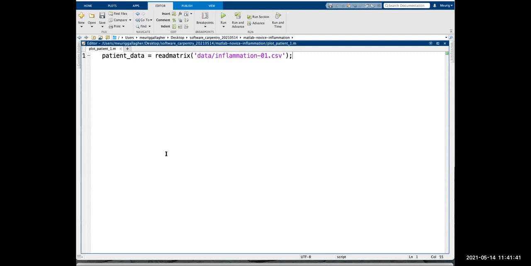Another thing about scripts is if you just have a load of code in here, it can get really hard to read. You might forget what it does. You might not really understand what's going on when you come back to it in a year's time. You really want to make it as easy as possible. So to do that, we use things called comments. So comments are just a bit of code that MATLAB sees but doesn't do anything with. So it's just like a phrase that you can write in. You can write whatever you want, and MATLAB won't actually try and execute it. It's just there for you.